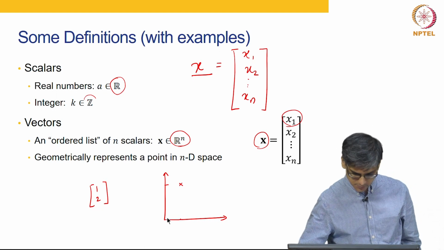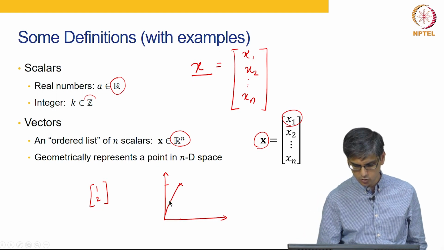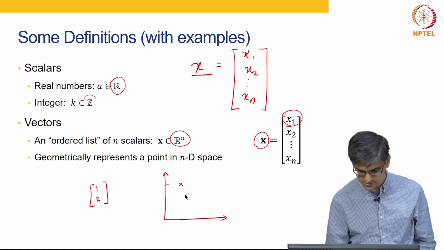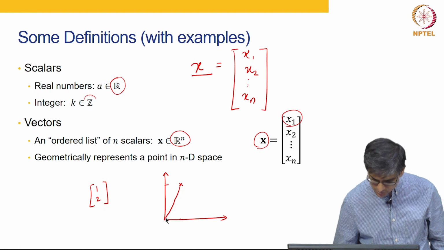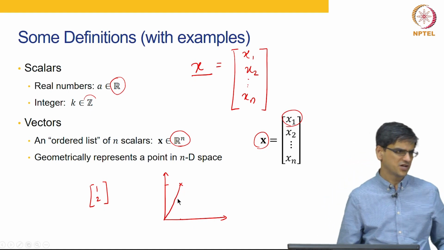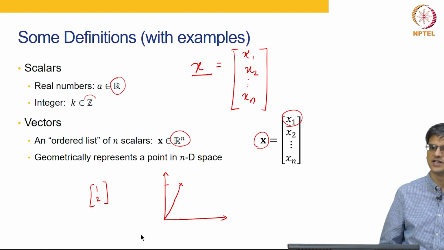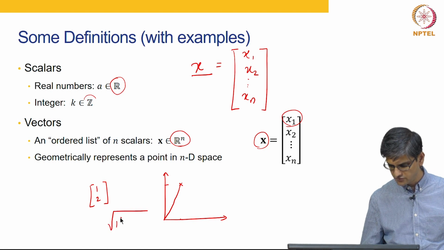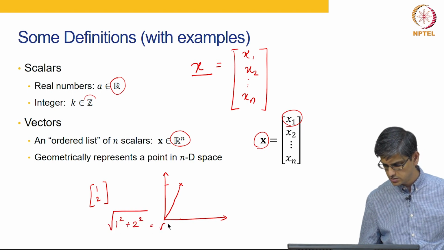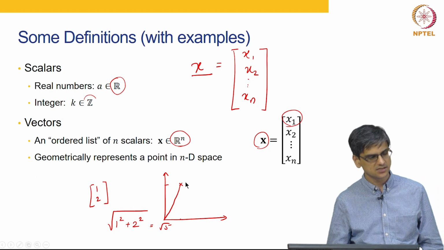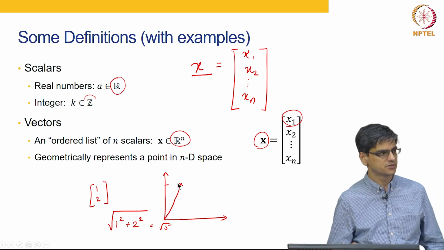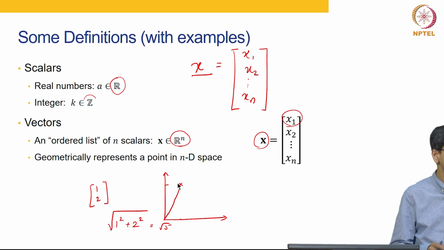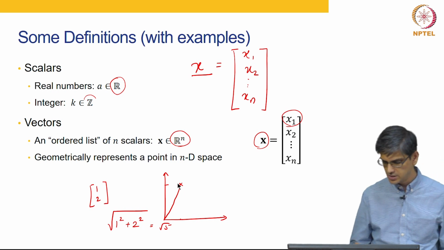This particular vector has both a direction as well as a size. There is not just one way of defining size, there are multiple ways. The size that we have studied so far is the square root of 1 squared plus 2 squared, or the square root of 5. To represent the direction, we just connect that point to the origin with a line. That is how we have studied representing a vector, and all of you have done that.